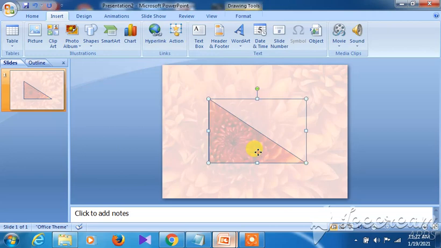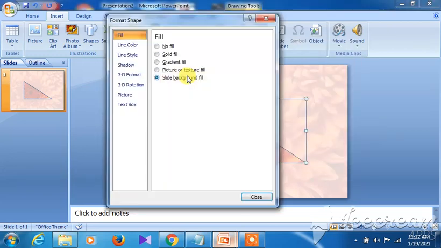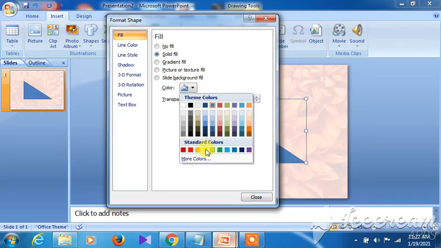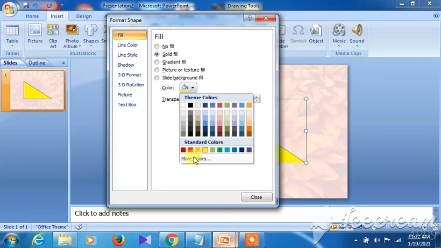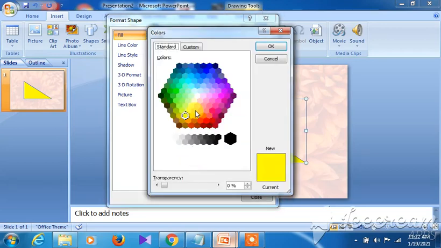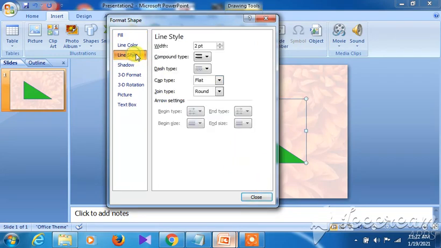All right. So now once more I am going back to Format Shape. Now see what is actually there. Solid fill, if you want to do that, you have the provision to choose the color. Okay, the different colors. Suppose I am choosing yellow out here. Otherwise, you can go for the More Colors option, and then you can choose anything of your choice. All right. In this way you can do it, and then Line style also is one of the important options.